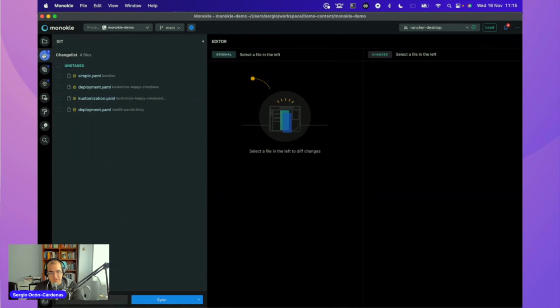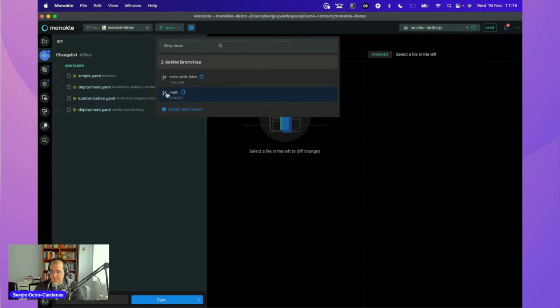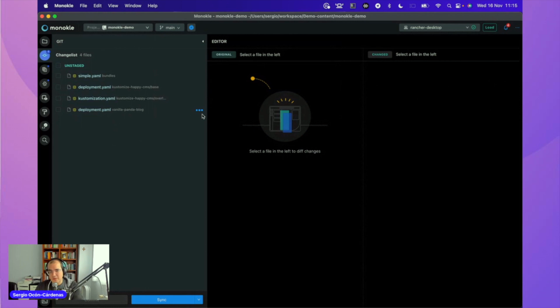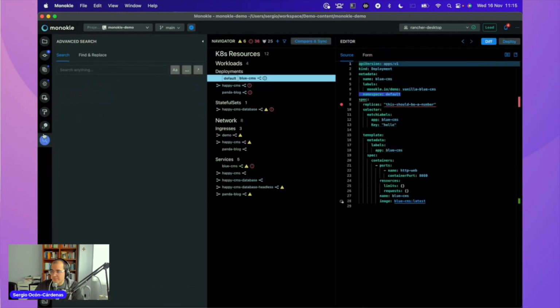As I told you, everything is supported by Git, so you can have different versions. You can commit from here, and you can sync the information, and actually you can change branches and do things with that. One of the cool things we have, and we always have, let me go there, is that you can compare,